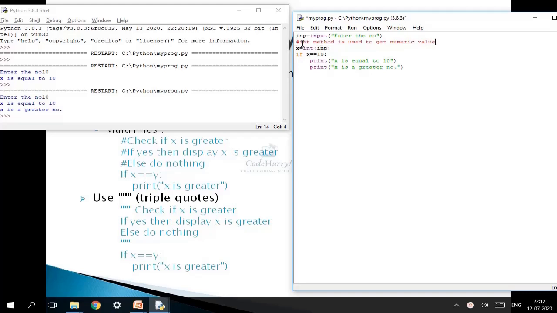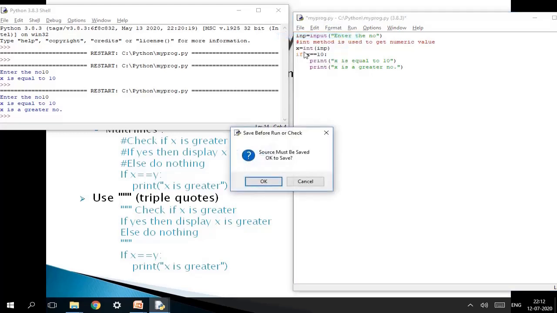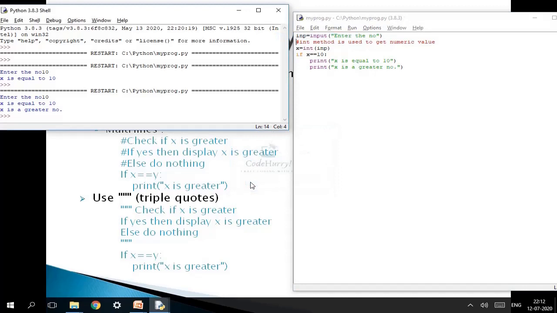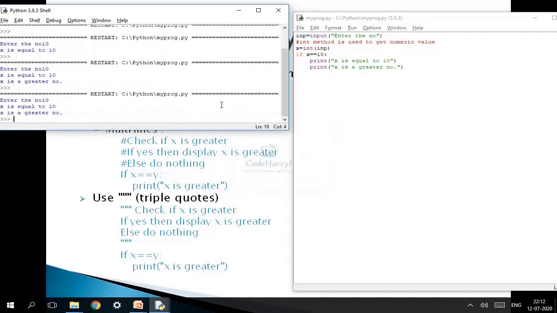Because we have started the statement with hash, it understands that it is a comment, and that's why the font color is changed to red. So again we'll just run this. See, that statement is skipped by the interpreter, and we have got the further code as an output.